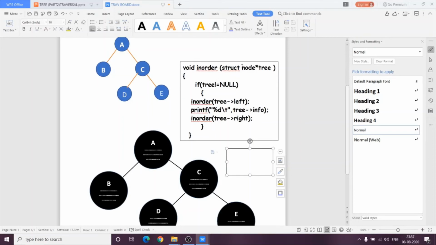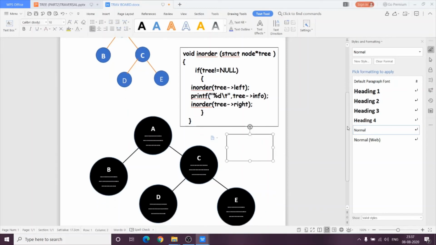Now this is our in-order traversal algorithm and there are 3 lines. I represent these 3 lines by 3 dotted lines in each node. Now see how this code works by recursion.